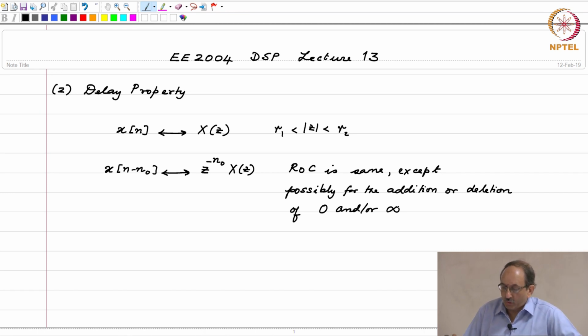And the intuition behind this is, if you have a causal sequence and then if you delay it by some samples to the left, so that you have now samples corresponding to negative indices, then in the earlier case 0 is not part of the ROC, but infinity is. If you make it non-causal, then infinity gets eliminated from the ROC,